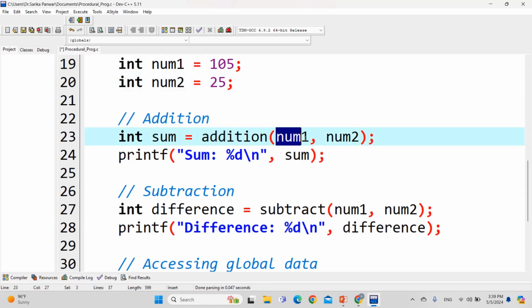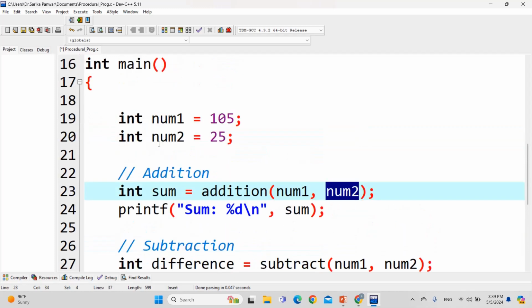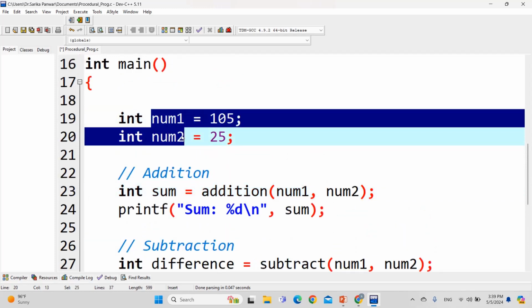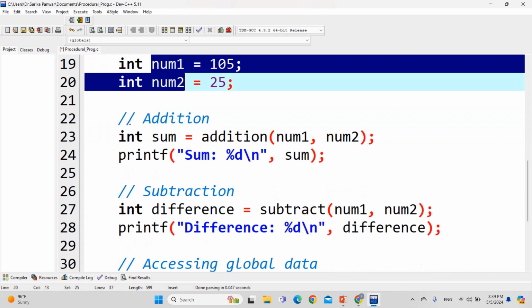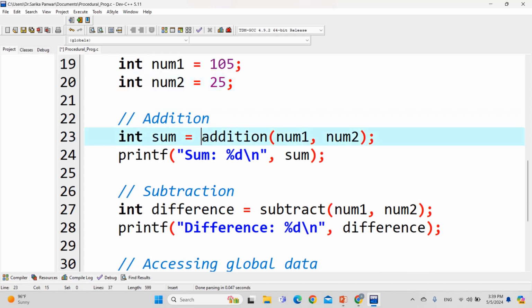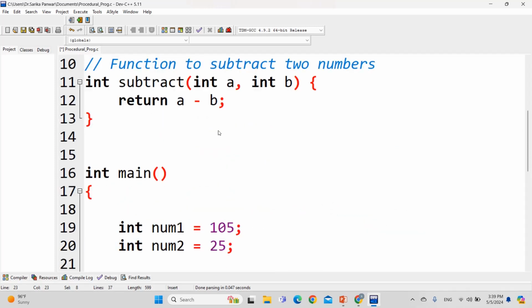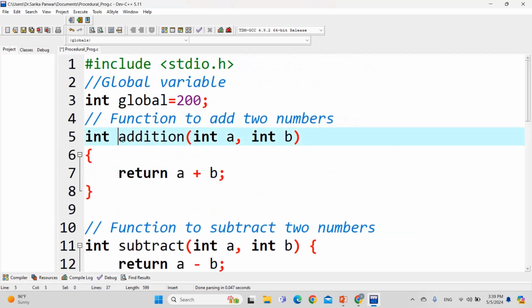Here num1 comma num2, these two variables are passed as a parameter, and these num1 and num2 are the local variables. Num1 and num2 are the local variables, and their scope is inside the main function. That's why it is called a local variable. Now, when we write the addition here, it means we are calling this addition function,